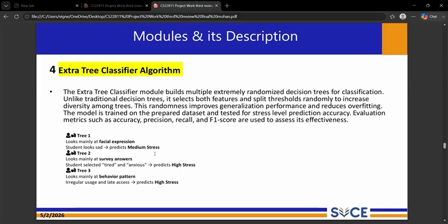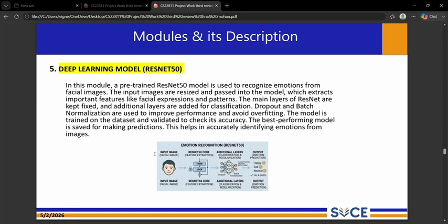Going on to the next, deep learning model. For emotion recognition, we use the ResNet 50 model, which is a powerful pre-trained deep learning model. The model extracts important facial features and learns emotional patterns from images.